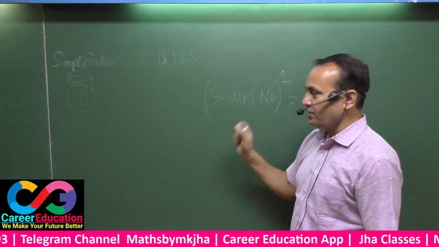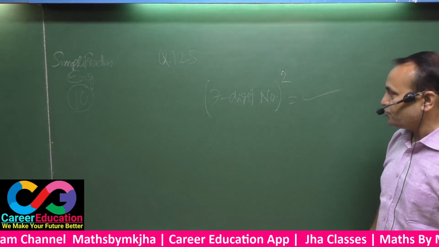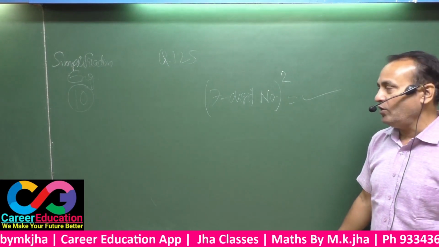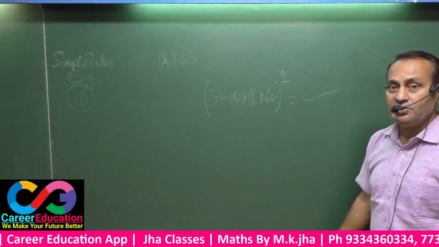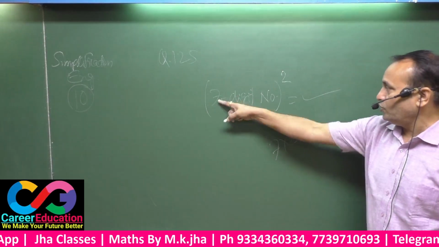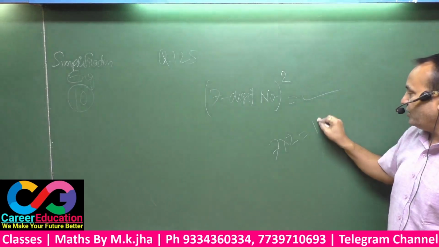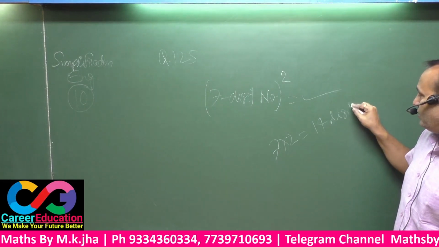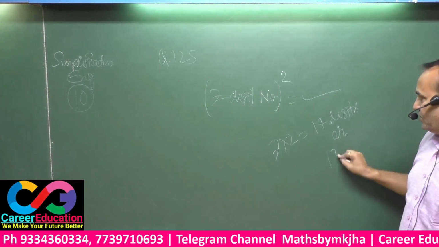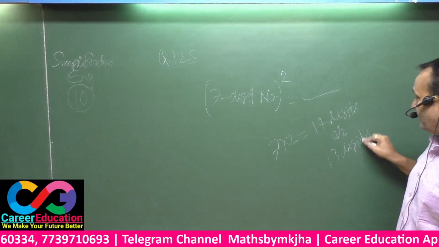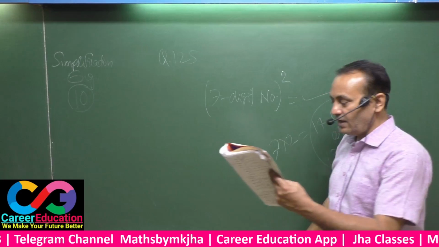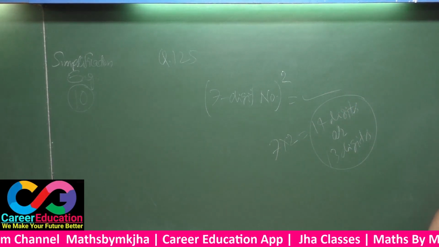Firstly, listen to the question very carefully. There is a number having 7 digits and you have to find the square of that number. Then you have to count all the digits present there. In such types of questions, 7 into 2 equals 14 digits maybe, or 1 less than 14, that means 13 digits may also be there. That means your answer is either 13 digits or 14 digits. Note down.